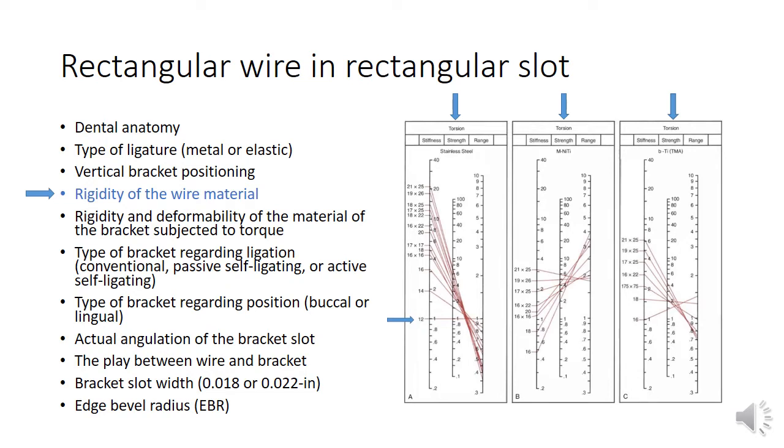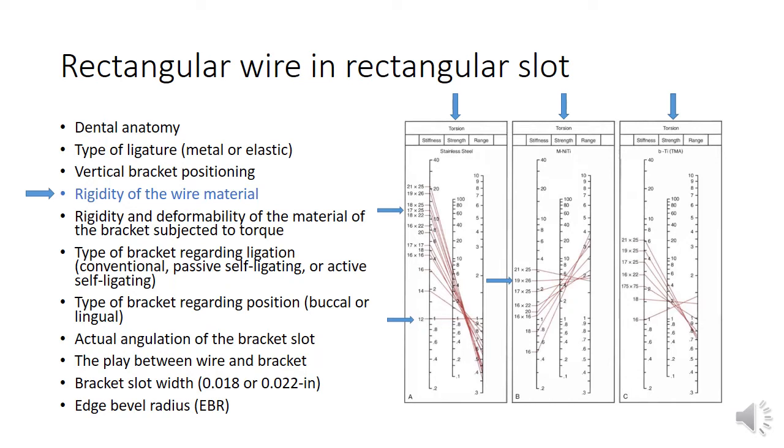For example, for a 17 by 25 steel wire, the stiffness number is 12.5, and the stiffness number for 19 by 25 M-niti is 2.5,